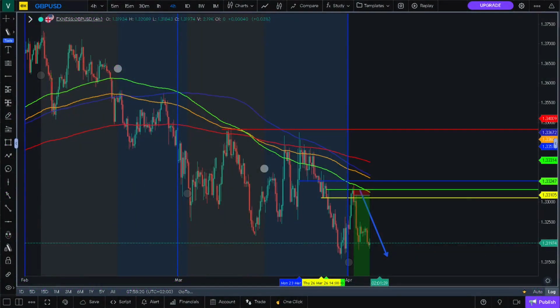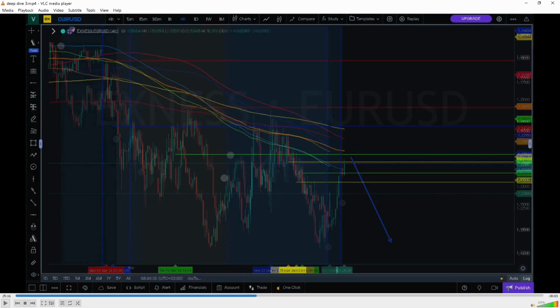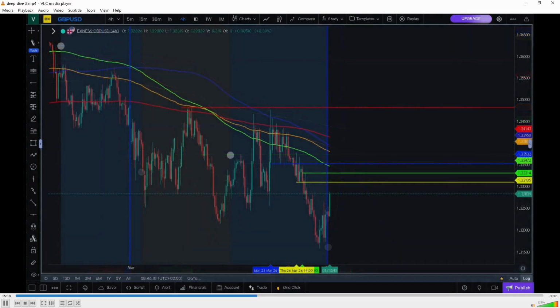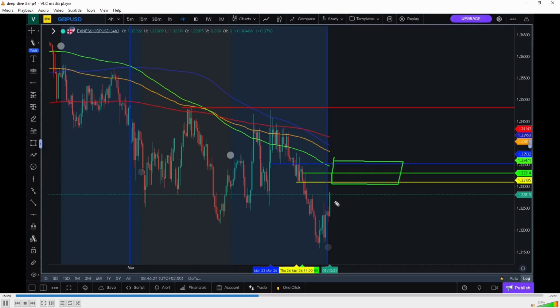Now, with that being said, let's go straight to see what we had in store for the pound and the dollar as a signal. So traders, with the pound and the dollar, very simply put, we are having a different phenomenon than we do have with the euro dollar and the DXY. We see that the 14-day liquidity, the wave liquidity, and the monthly liquidity are closely stacked against each other, or close to each other.